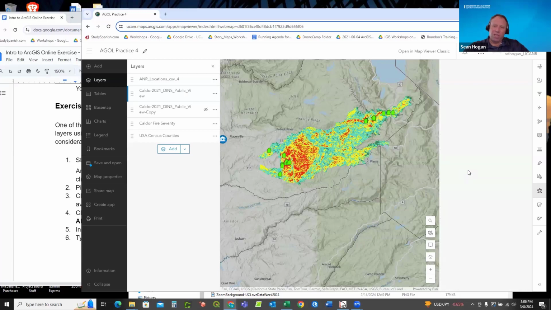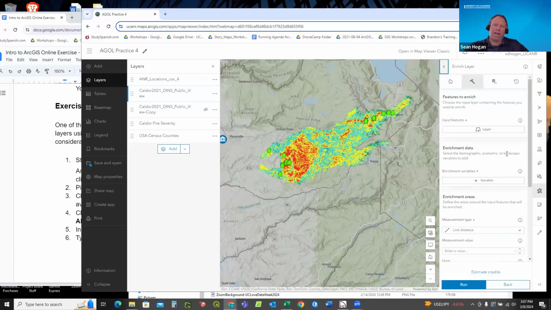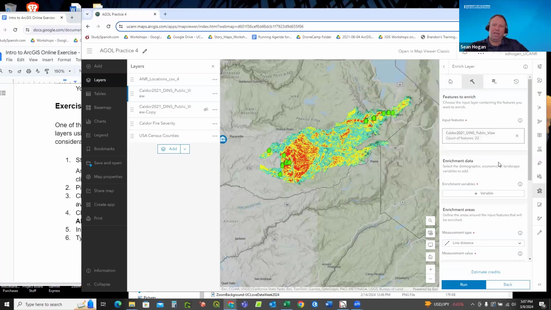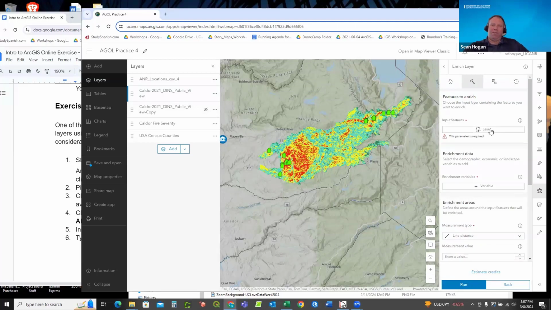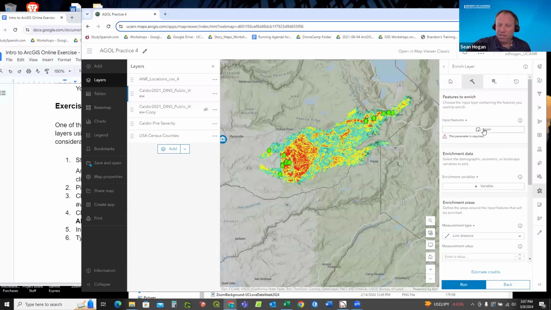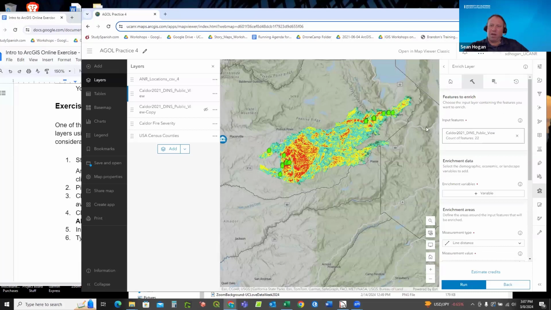Enrich layer. And what I could do, and I won't do right now, is I could go in and select the layer of the DINs. By the way, if I selected the one that has been filtered, any analysis that I run will only run on the 22 features that are selected. If I would have selected, instead of this one, the copy that is not filtered, it'll be like 4,000 something. That would be way too many to enrich right now. And I'm not even going to do the 22. But if I go to the 22, the public view DINs,